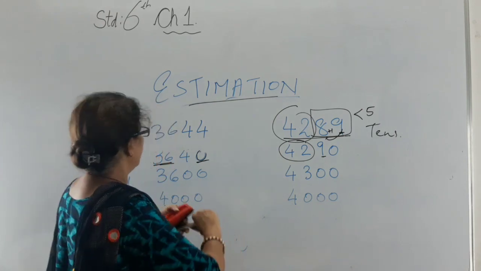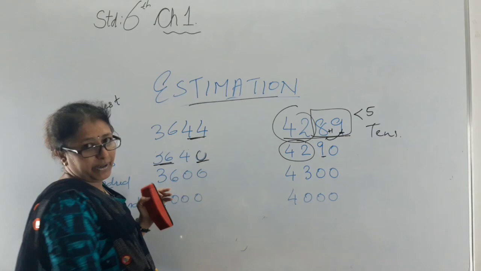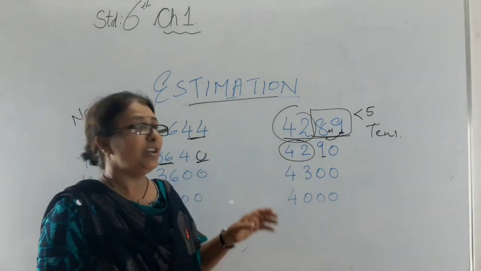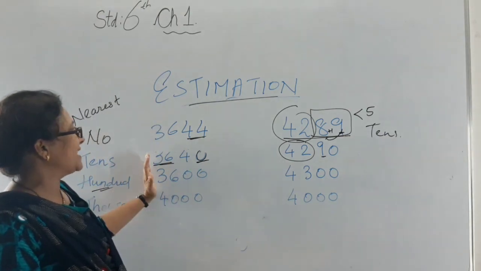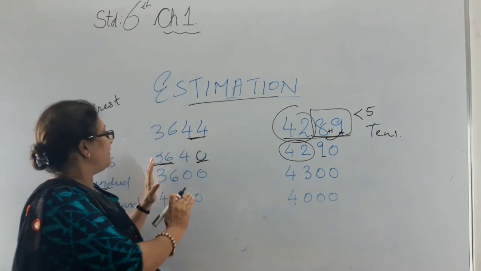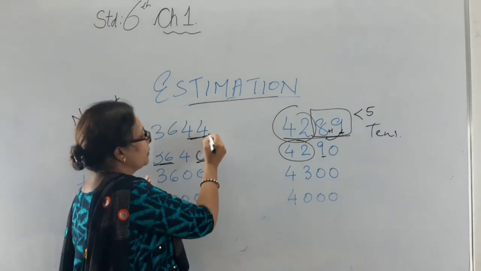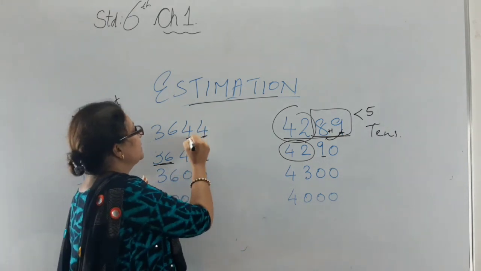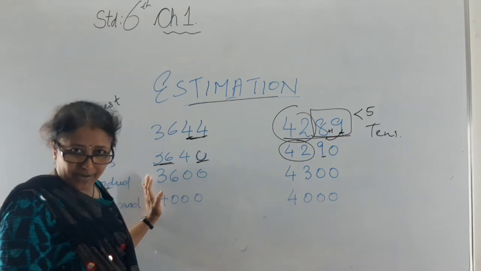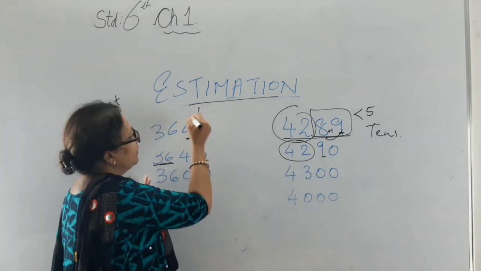Now students, what will happen? I have to first add, because I am rounding off to 100, I will write the first digit as it is. Second digit also I will copy. I will first copy the same digit. Now 4 is less than 5. This 4 is also less than 5. So what will happen? Automatically 10 is added of the ones place.